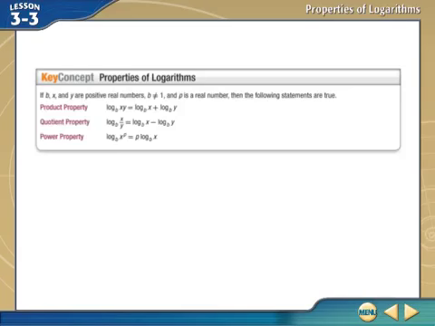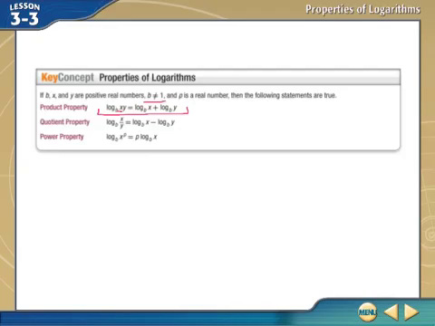property. If b, x, and y are positive real numbers and b is not equal to 1, right, our base cannot be equal to 1, and p is a real number, then the following statements are true. The product property states that if you have a logarithm and your input is the product of two values or two expressions, then you can separate those logarithms by adding two separate logarithms together. So log base b of x times y is equal to log base b of x plus log base b